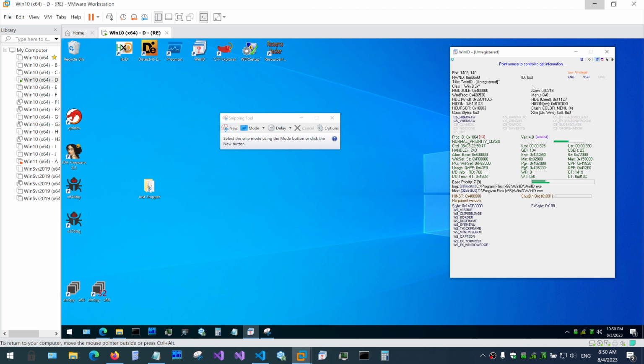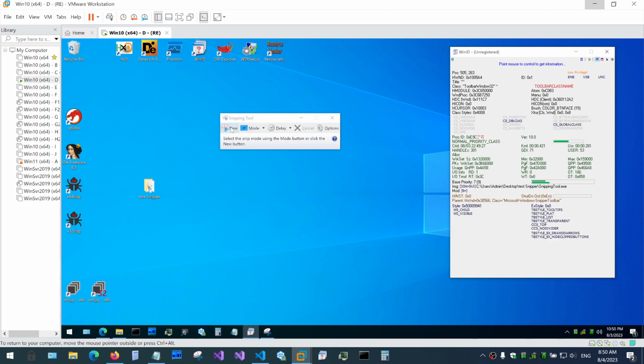Now, if you look at WinID over here, where I'm pointing with the mouse, where it says class. Right now, WinID 3hex, when I point at the new button, gives me class ToolbarWindow32, and on the right, it gives me the toolbar class name in red. Now, what this tells me, I kind of take it from my programming experience, is that this control here is